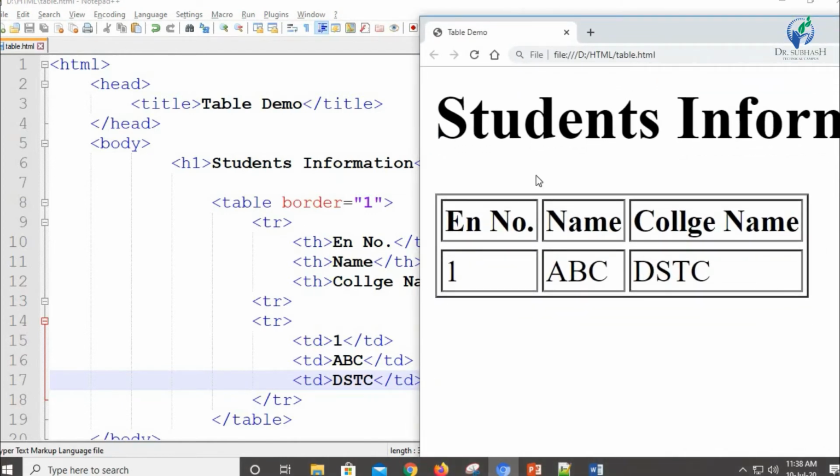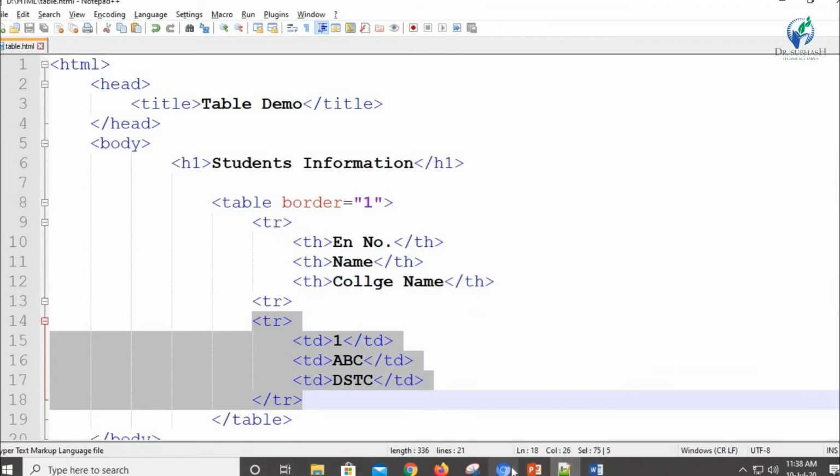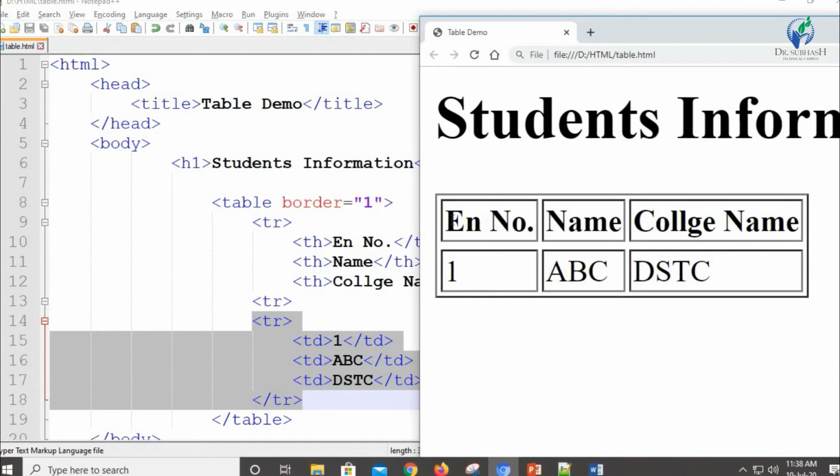So you can see that now our table will contain 2 rows. This is your first row and this is your second row. Okay, so the first row contains the TH, that is your header cell: enrollment number, name, and college, while your second row will contain the TD. It will contain enrollment number 1, name ABC, college name DSTC. So you can see that